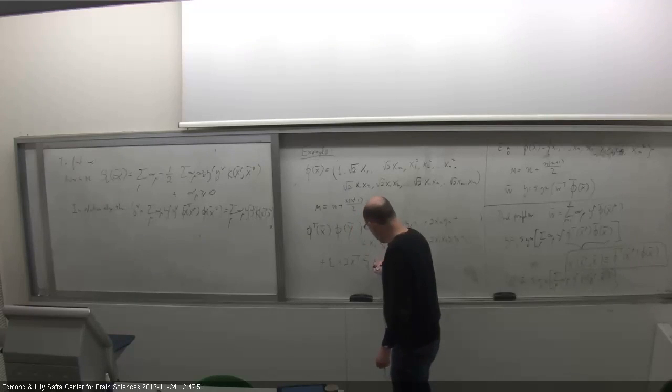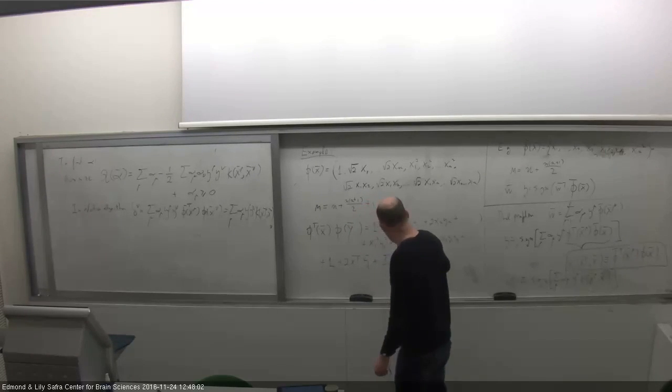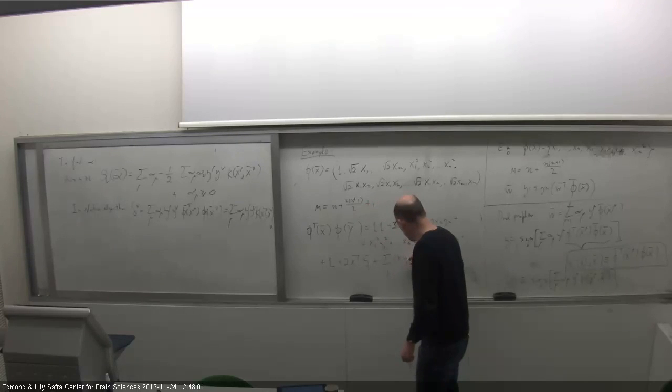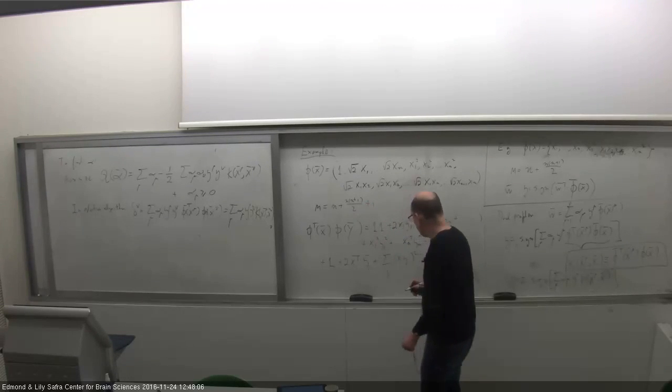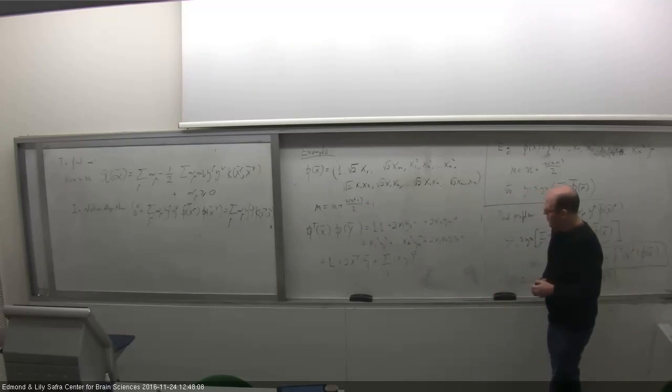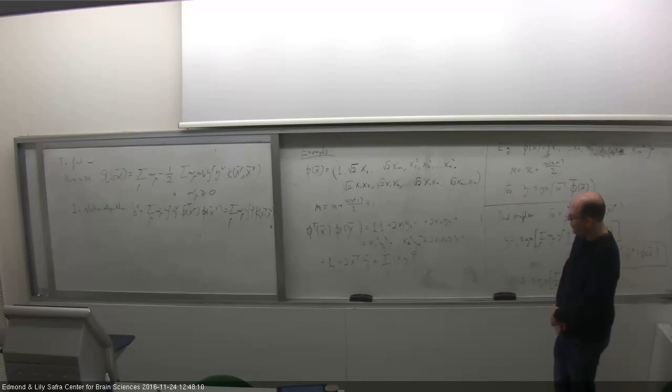Okay, so I claim that this is a sum. I can write this as a sum over i and j of xi yi squared. Why? Because there are two ways to choose